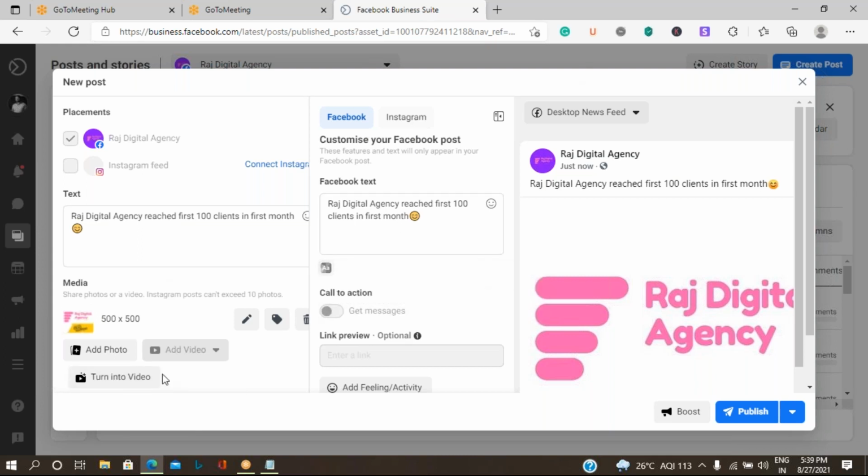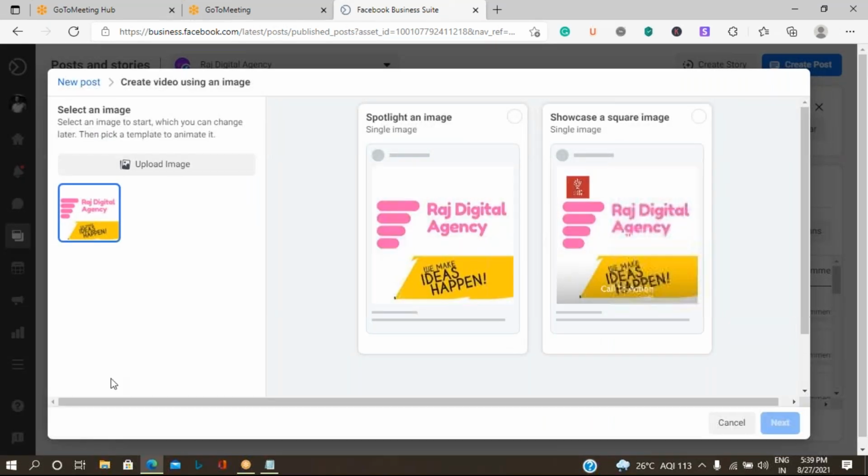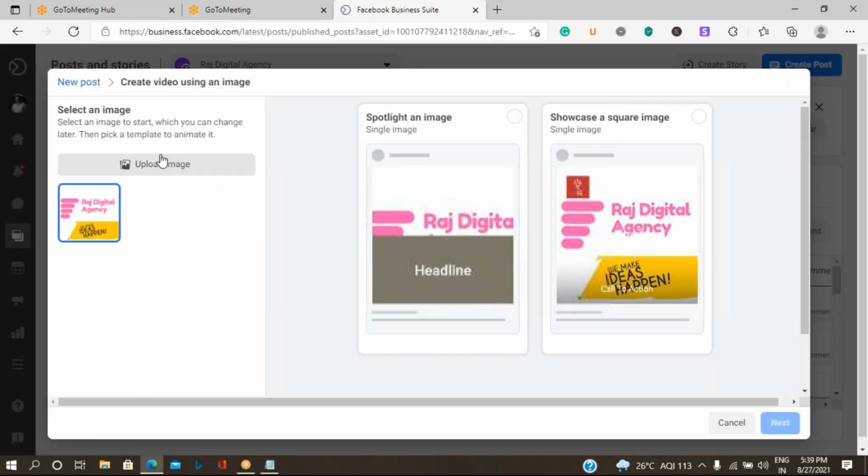So if you want to add additional images, you can click once again on add photo, or you can add a video. So you can make the same post into a video by adding some more images.